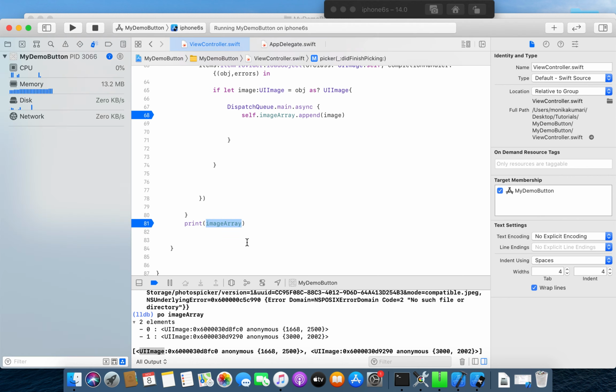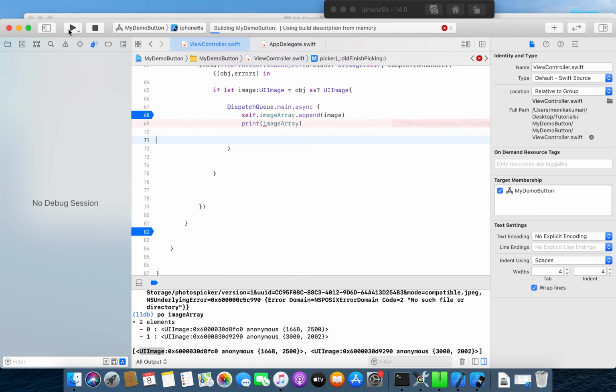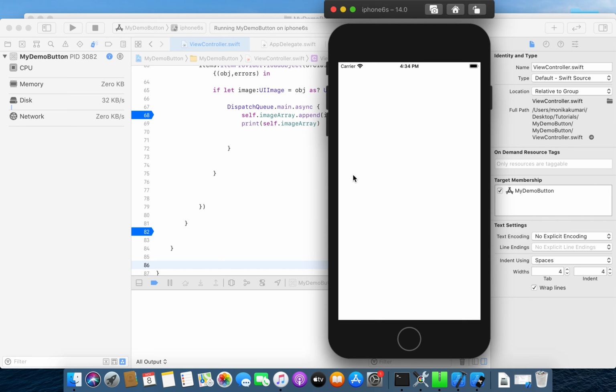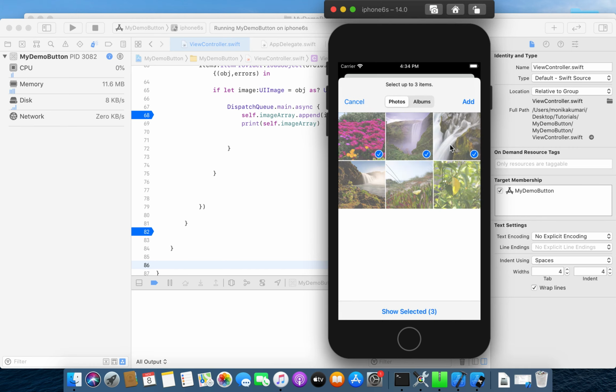So let me try again. It will say to add self to this, self dot image array. I am going to print the image array over here. Let me add 3 items first.